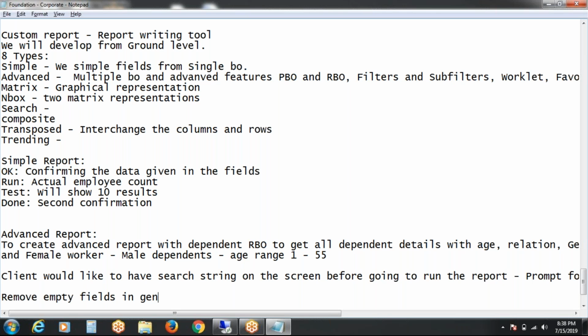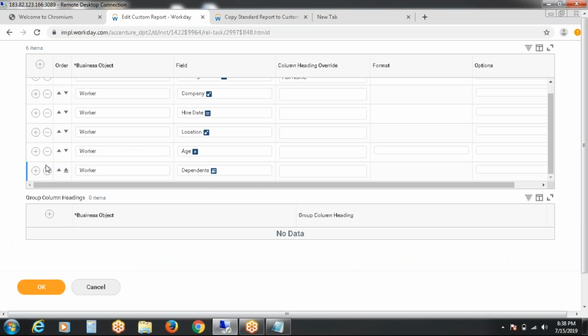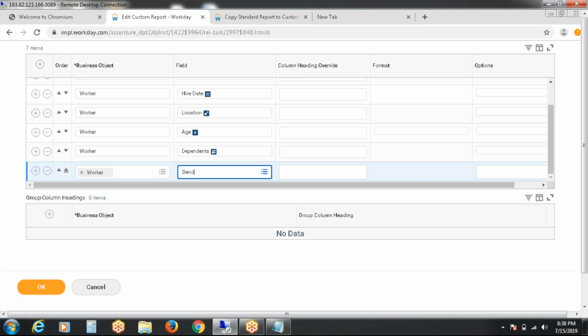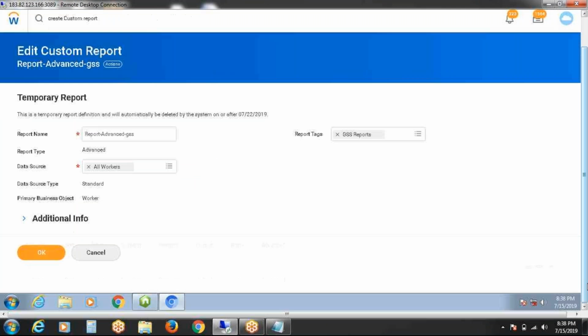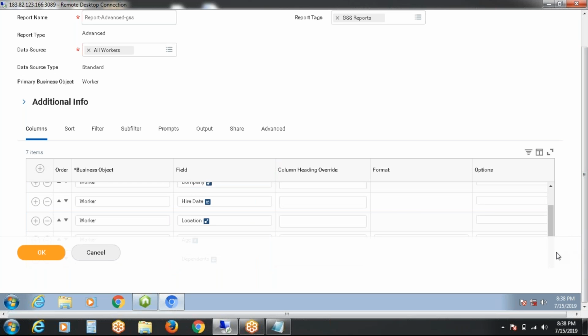Empty fields in gender, age, location and dependents. See here, add gender also. Gender.